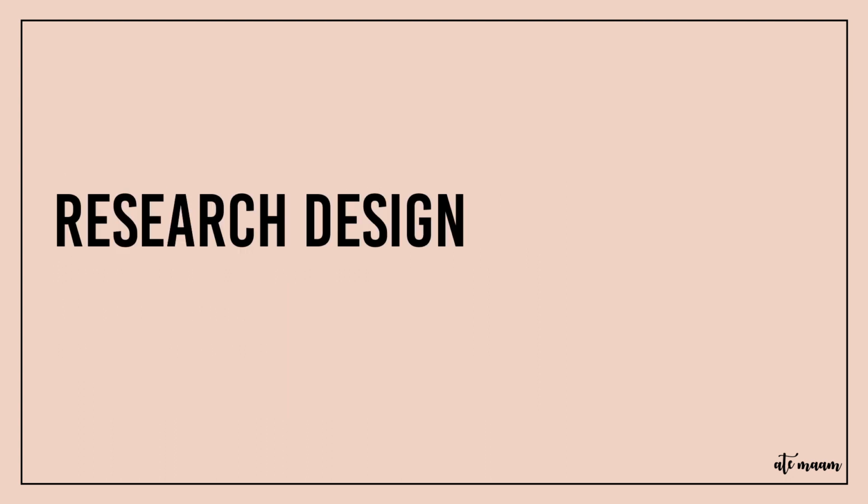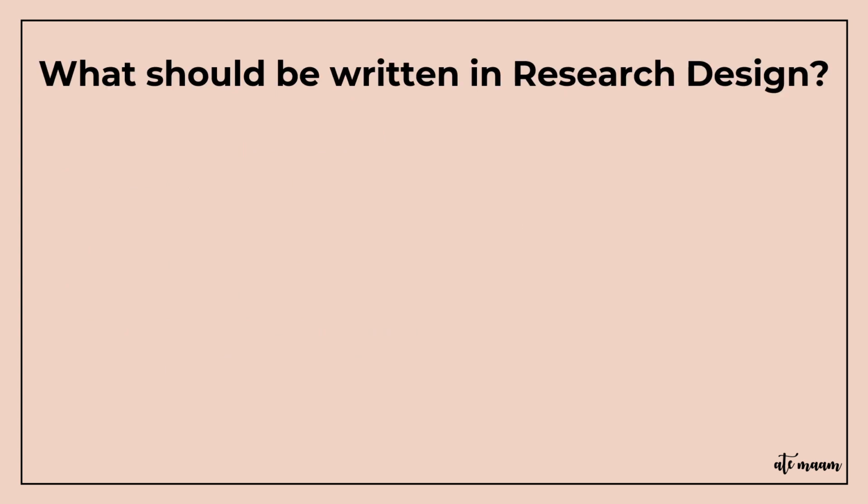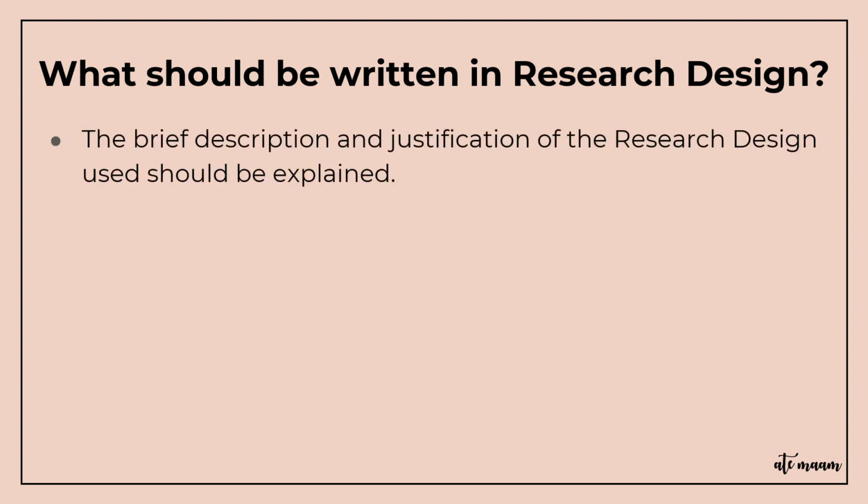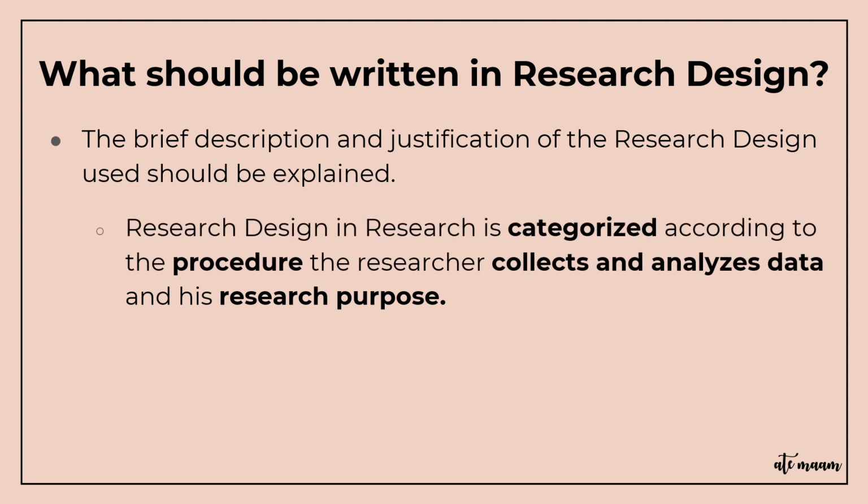So, for the first part of your Chapter 3, we have your research design. So, what should be written in research design? In your research design, it should have the brief description and justification of the research design used, and it should be explained. So what is this research design ba? Research design in research is categorized according to the procedure the researcher collects and analyzes data and his research